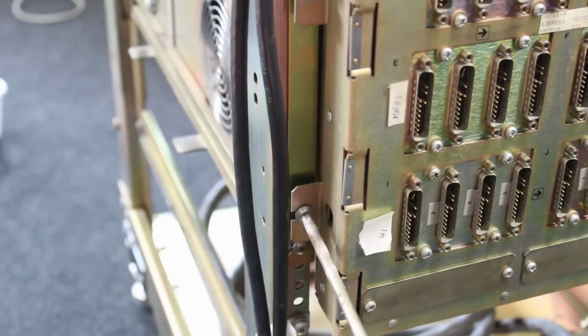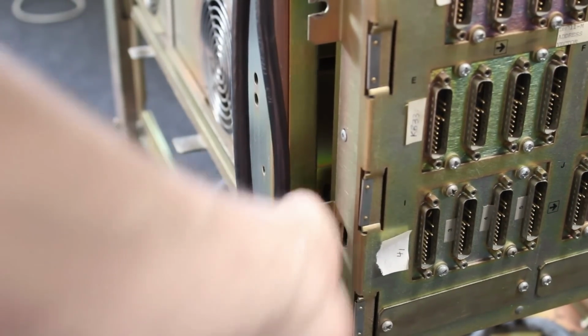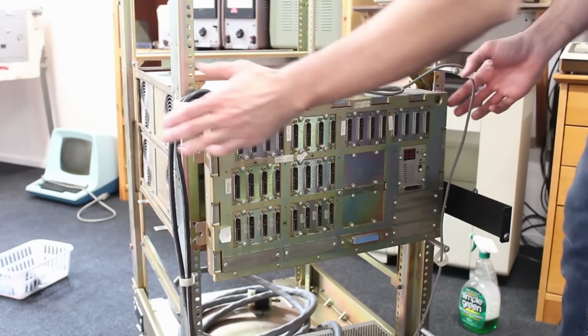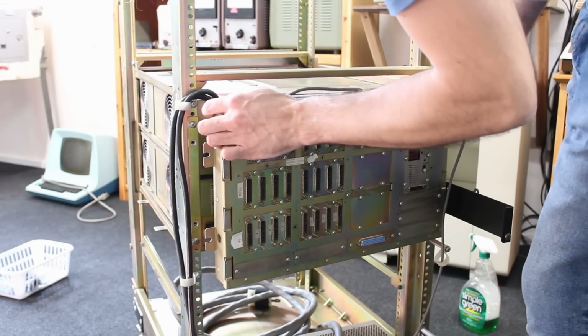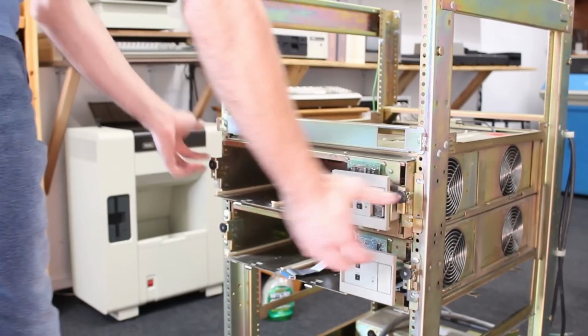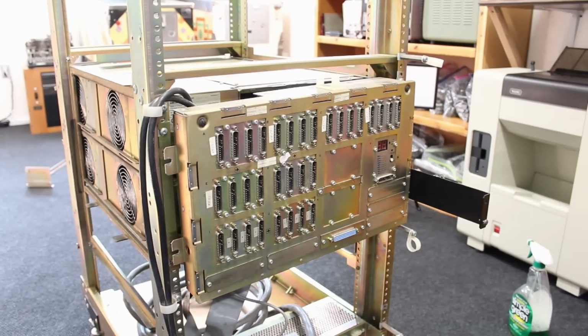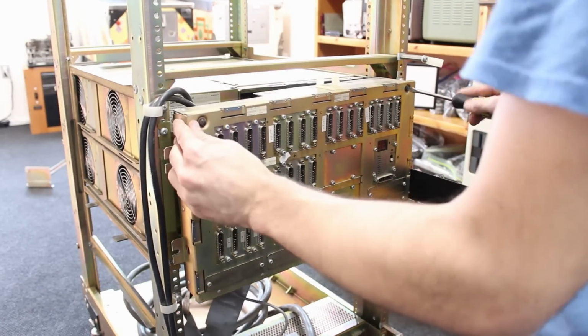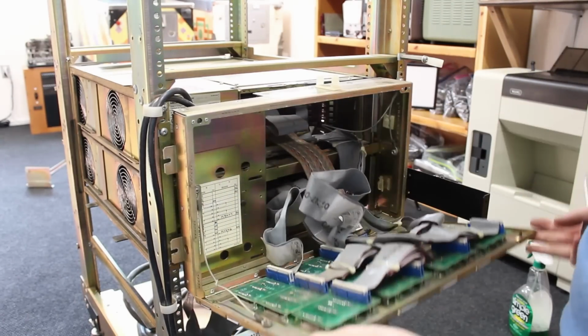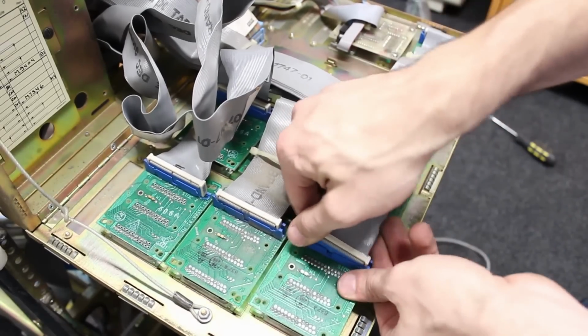Here on the back is the RS-232 distribution box, and I want to get this out next, but I tried swinging it open and it only moves about 3 inches. So I tried pulling the computer out, and again, it only moves about 6 inches. So I did some more searching on the back, and it seems there's some quick release screws that allow the panel to flip down,